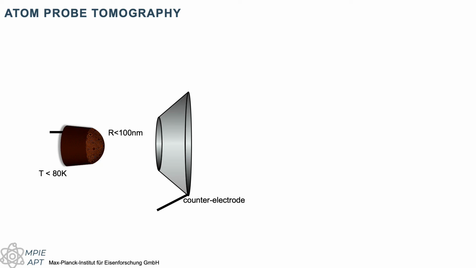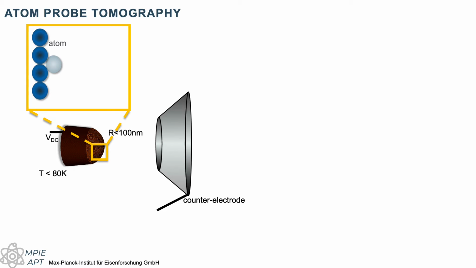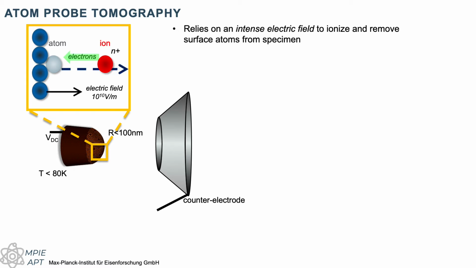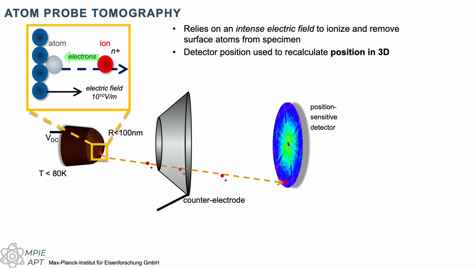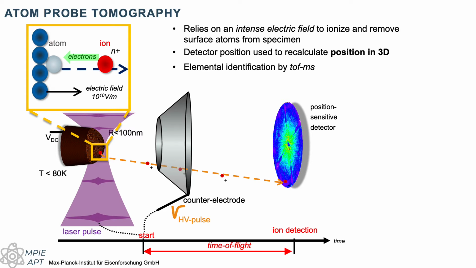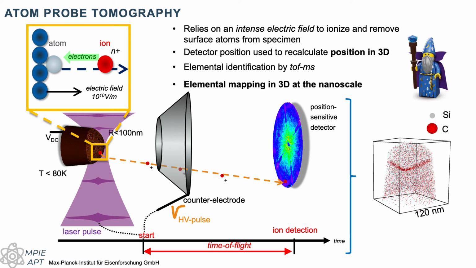Okay, so reminding you of the system that we have. We have a specimen with a radius of curvature below 100 nanometers, cooled down. We apply the voltage. Voltage transforms the surface atoms into ions, pushes them away. We get the ions to fly and go through the counter electrode, which is positioned about 40 microns away. We collect them onto a position sensitive detector. We do the time-of-flight mass spectrometry using laser pulses or high voltage pulses to trigger the departure of the ions. And we can use the information that we get to build this elemental map in 3 dimensions with